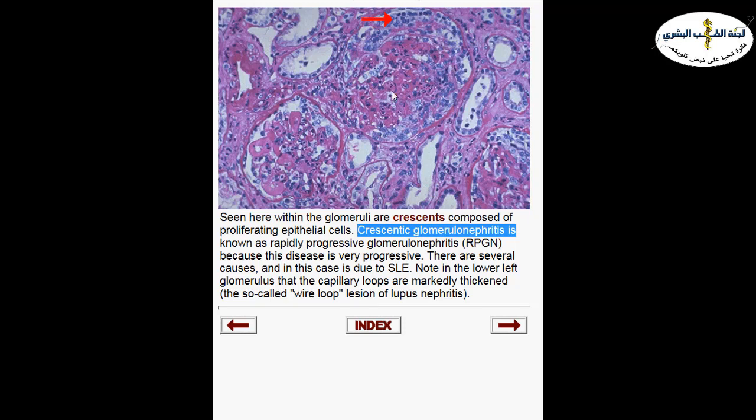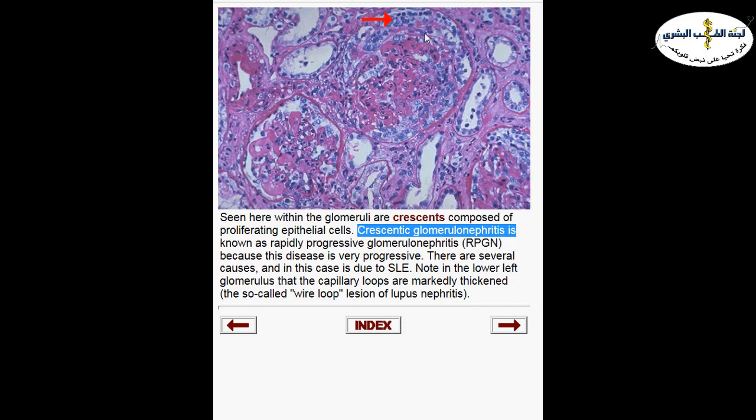And here, if you look at the glomerulus, it's being compressed in the center and pushed to the middle. So it's compressing the glomerulus here and leads to acute renal failure. So if you see a crescent, this is a bad sign, and this patient is undergoing acute renal failure and acutely into end-stage renal disease.